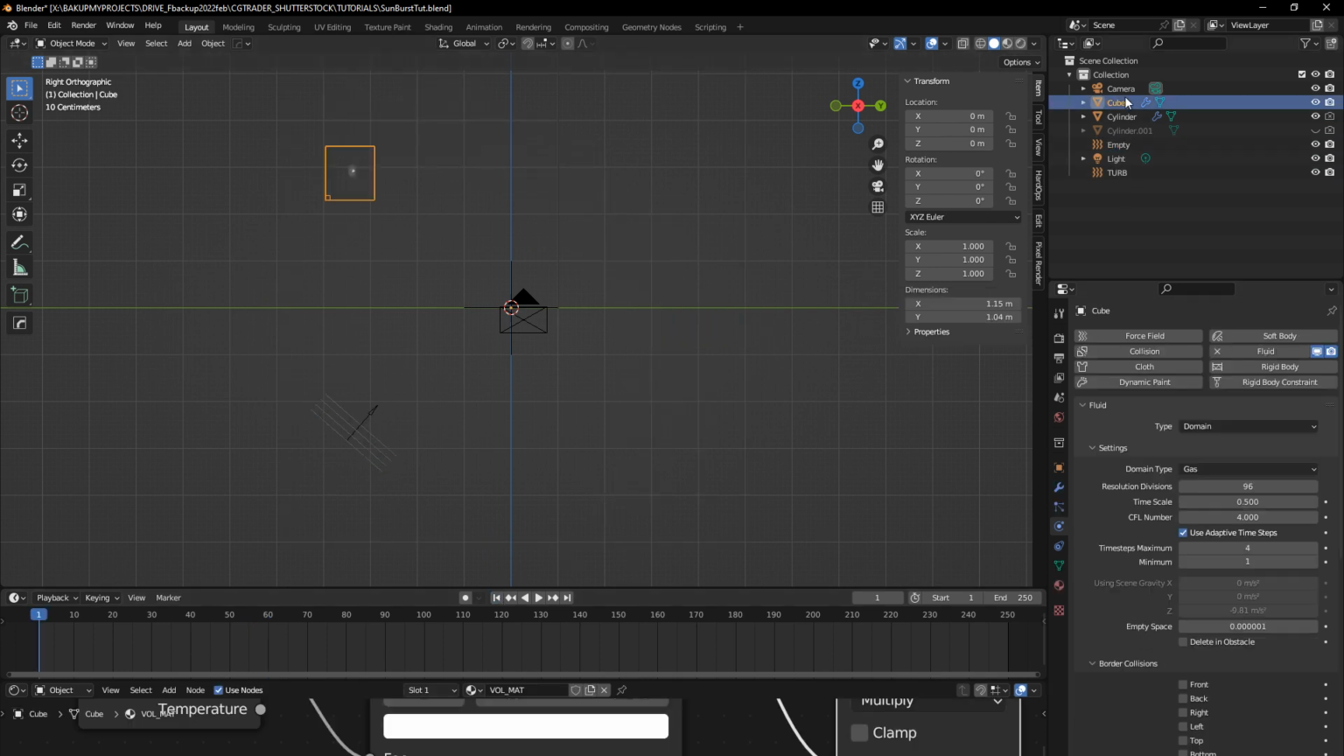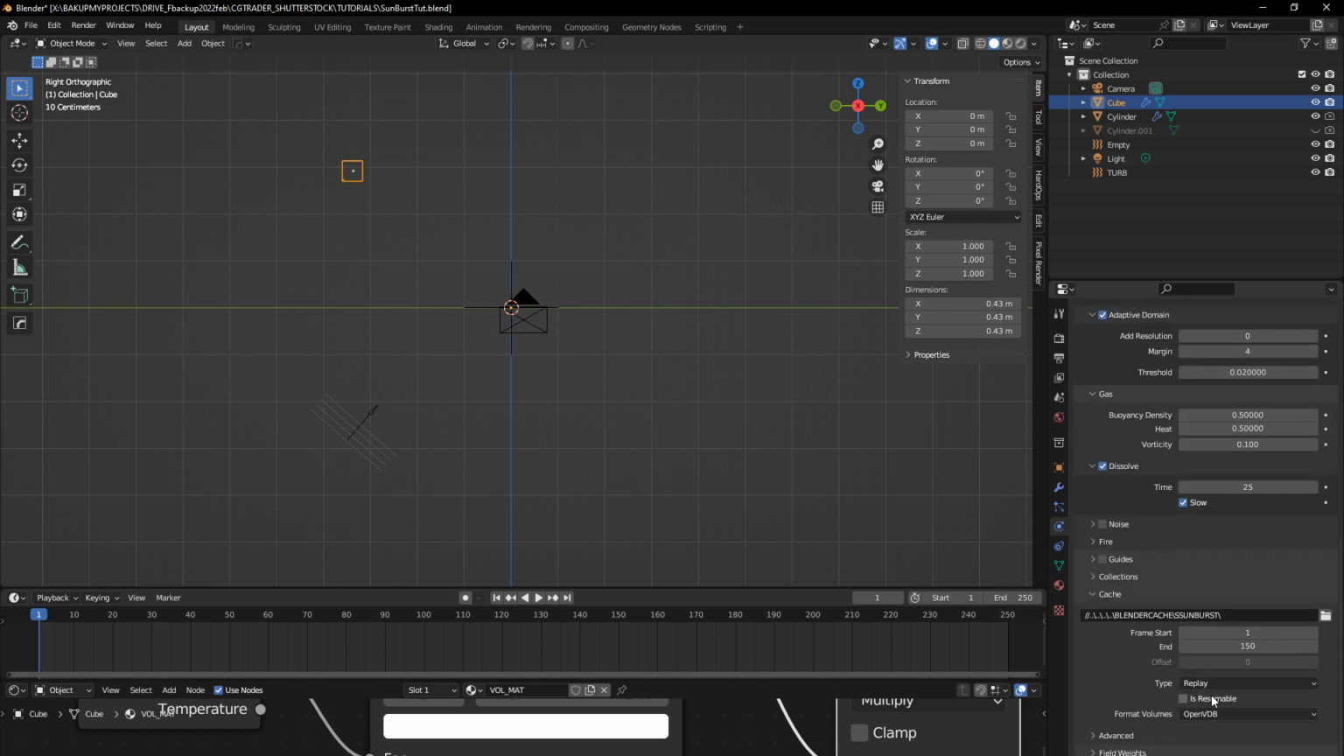Now if we change the resolution and bake it using the type on the physics tab for the domain cube, the type should be all, and with this path set you can bake all, and I stop